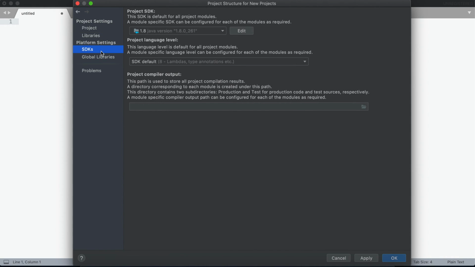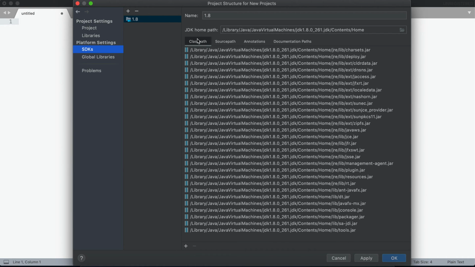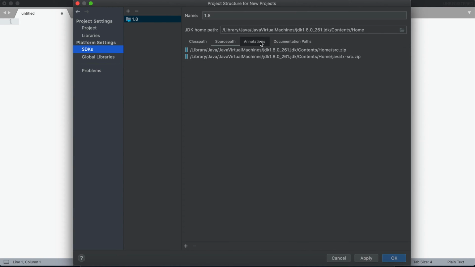There are a couple more details, like the jars present in the class path of this JDK, the source path, the annotations jar file, and the documentation path, but it is not mandatory to show it here.